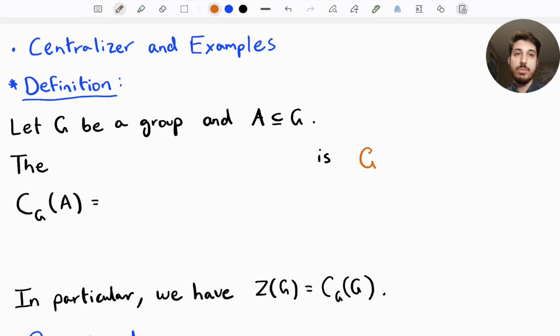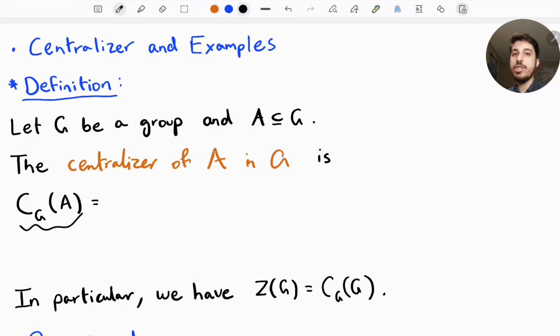So if G is a group and A a subset of G, the centralizer of A in G is given by C_G(A), this is the group and this is the subset, to be equal to the set of